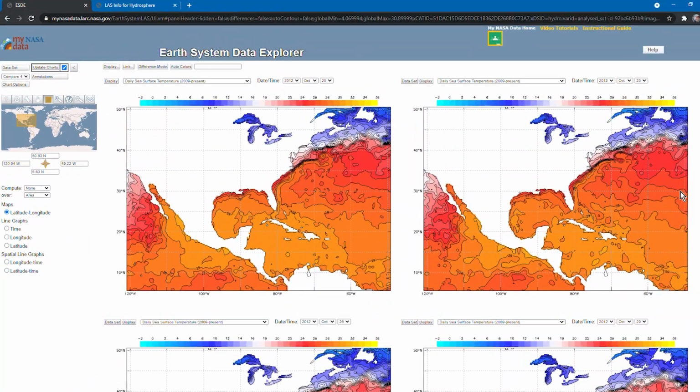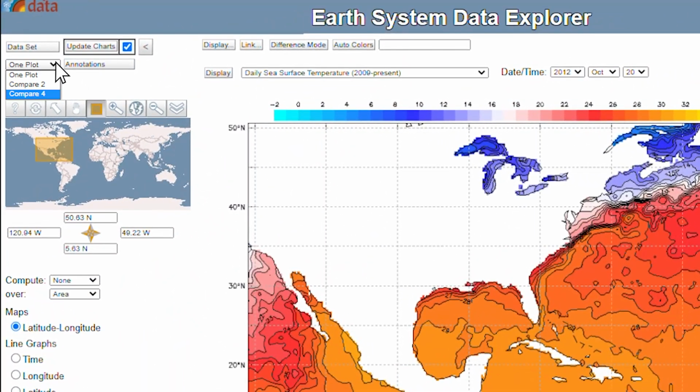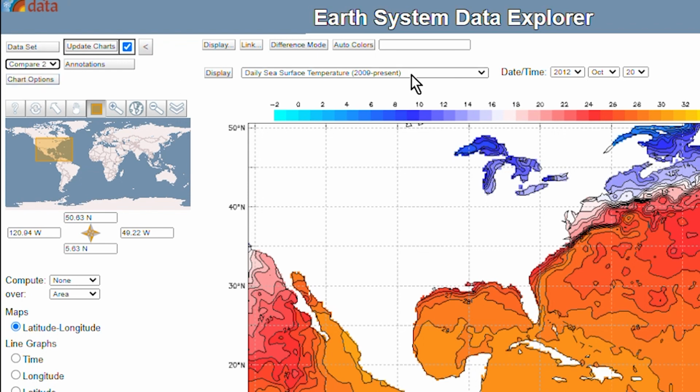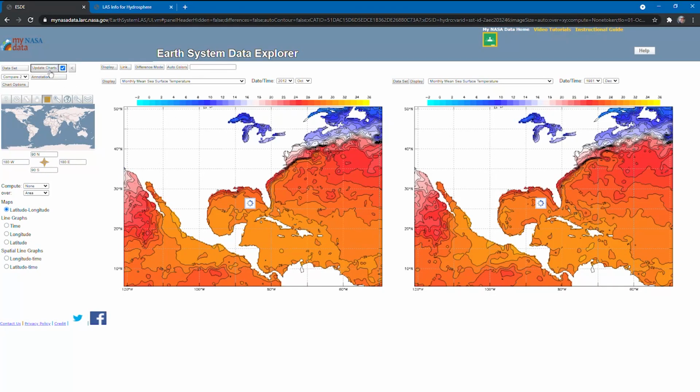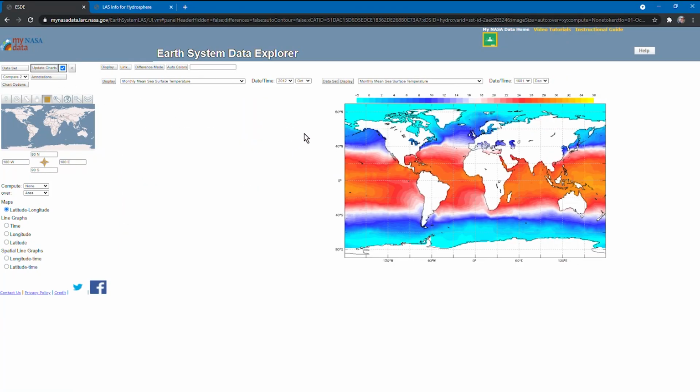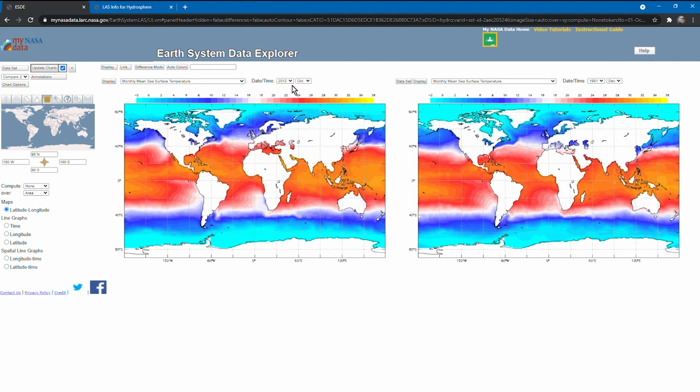Another thing we can do is go back to using the Compare To feature. Say we wanted to look at other variables. Perhaps we wanted to see something like monthly mean sea surface temperature. This dataset, like many others, is actually going to be averaged over months because sea surface temperature is very unique, mainly because it is daily. Most of the datasets on the site are going to be monthly averages.